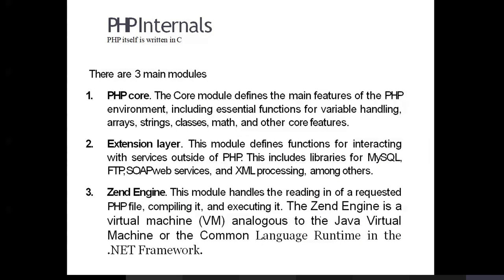Which language was used to implement PHP? Can somebody tell? Using which language is PHP software implemented? C, yes, very good. PHP is written using C programming.